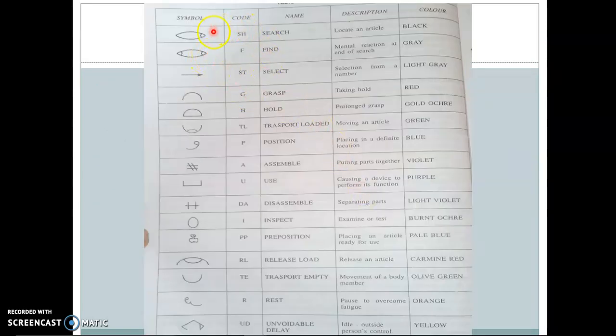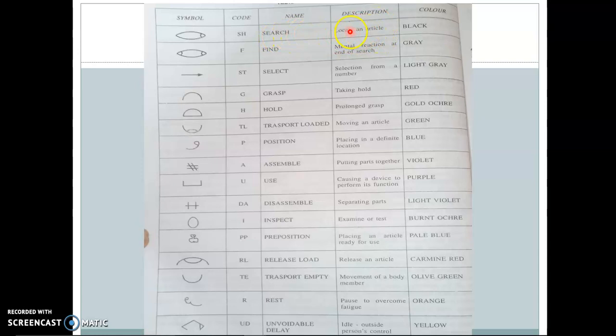Now let us have a quick overview of these therbligs. Here a set of symbols is noted. A small code of alphabets is shown, then the name of the activity, what the activity description is used for, and their color is mentioned here. So if you want to perform a search activity and record it, we can use the code SH, the name search.